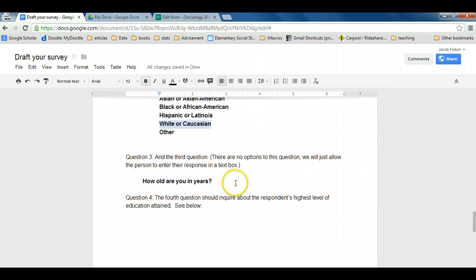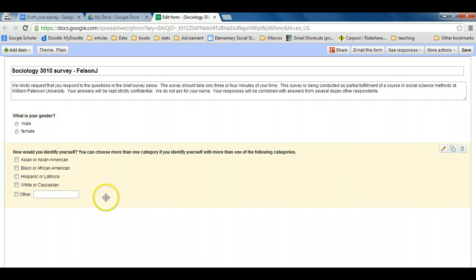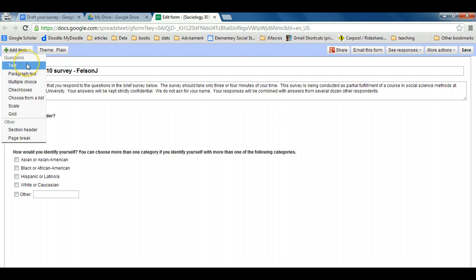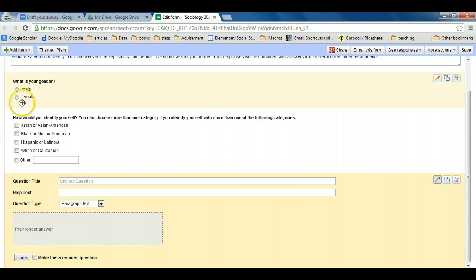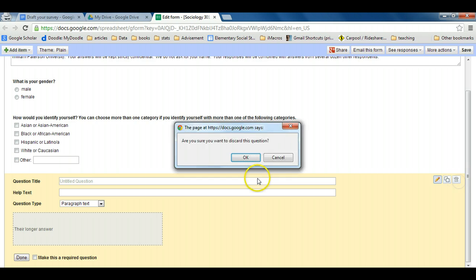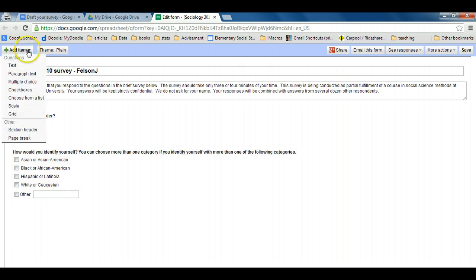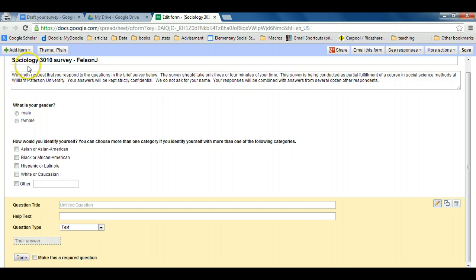So the next one, how old are you in years? Here we're going to enter this as a text item, so I can click on Add Item, Text. If you choose paragraph text rather, you're going to get a very big box there. It's obviously a lot bigger than you need for age. I can press the trash can there to get rid of it. What I want is just text, which is relatively short. Paste the question in,